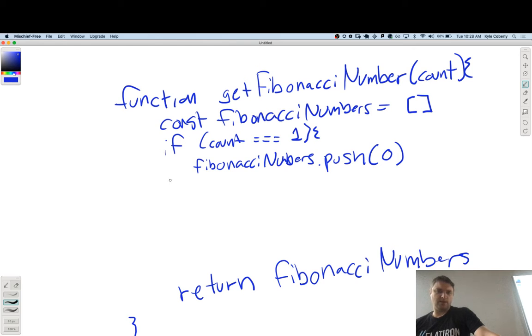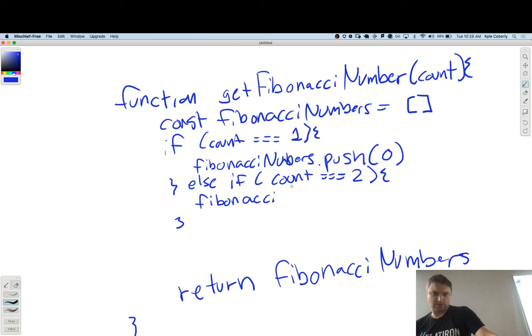And then else if count is 2, then Fibonacci, I don't want to push twice.